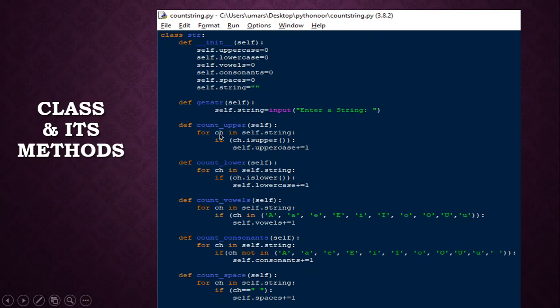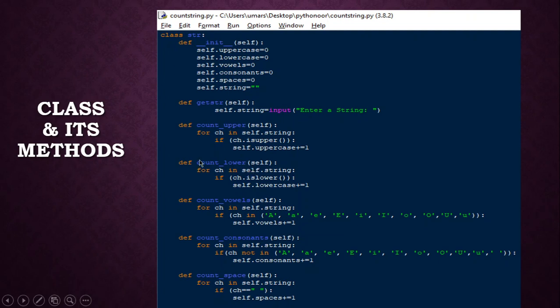So for every character ch, you check whether the character is an upper character. For that the function isupper is used. So if ch dot isupper, then uppercase is equal to uppercase plus 1. As long as the system finds uppercase characters, it will keep on adding uppercase equal to uppercase plus 1. If not, it will come down.